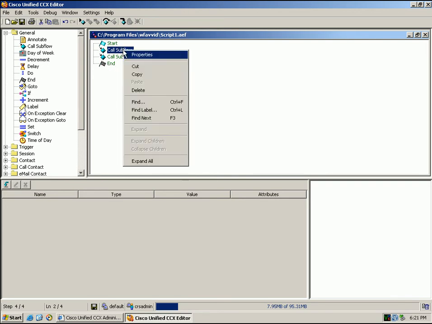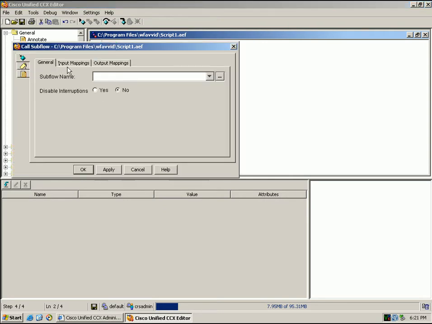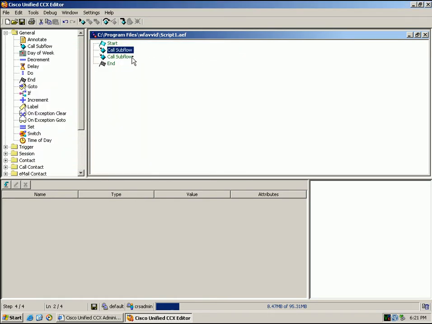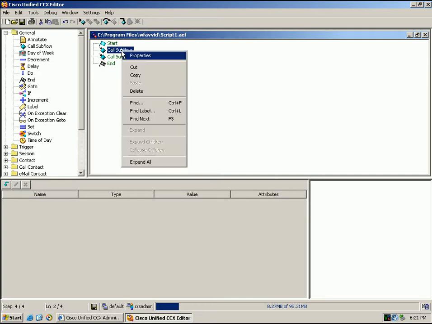Now normally you have to right click on here and go to properties to actually set some of the properties. And if you look here, there's a whole lot of input and output parameters that we'll talk about as I go through some of the later tutorials. But what you would normally have to do every single time you want to modify the properties is right click